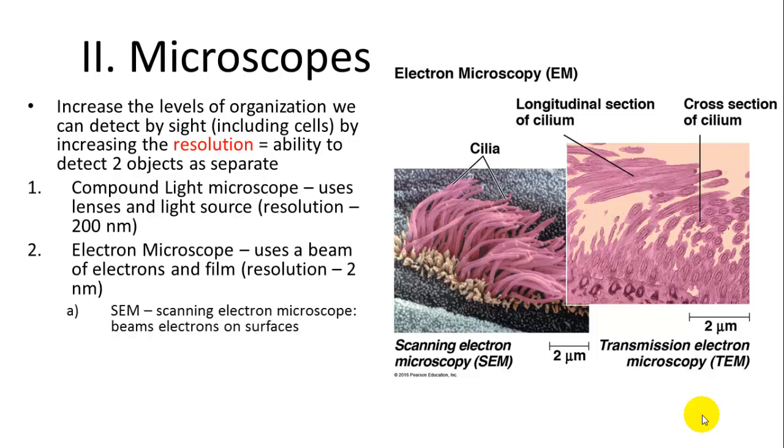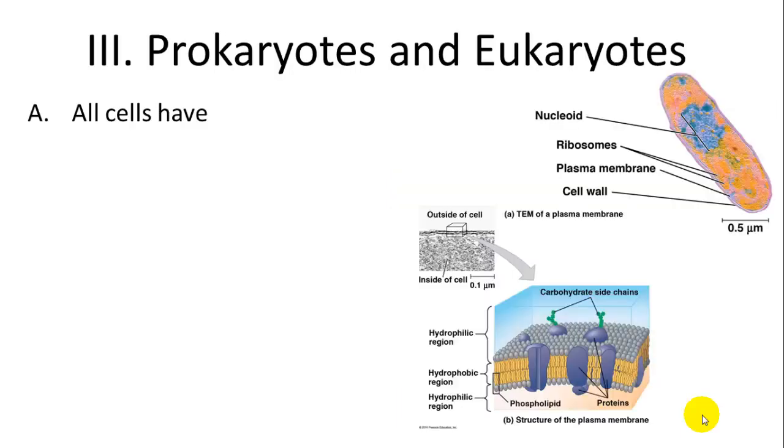So a scanning electron microscope is generally able to make very defined images or see things which are very refined on the surface, whereas a transmission electron microscope can actually see things that are within the cells themselves. Transmission electron microscope beams electrons through the material. The scanning one, of course, does it on the surface.